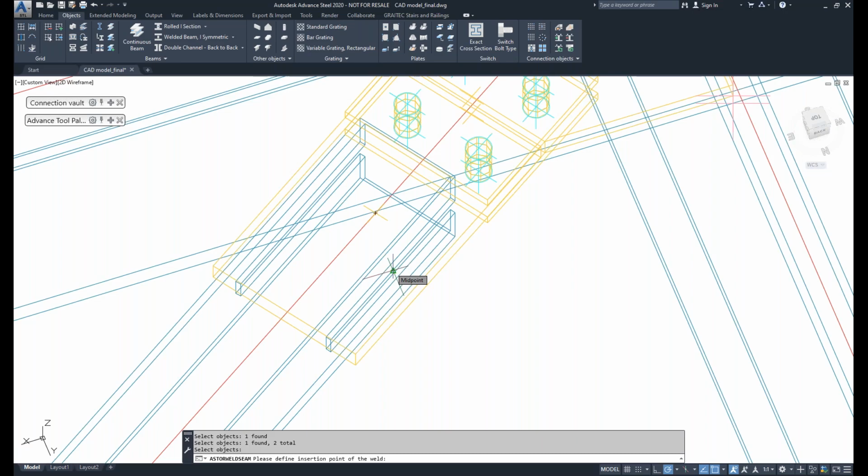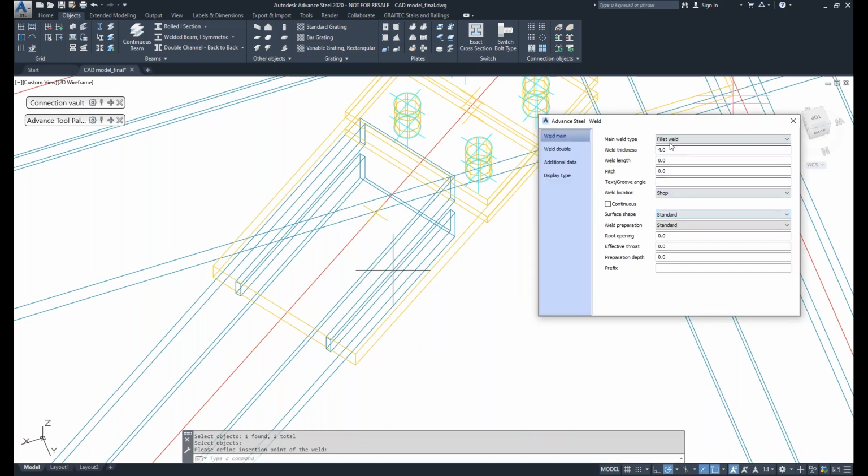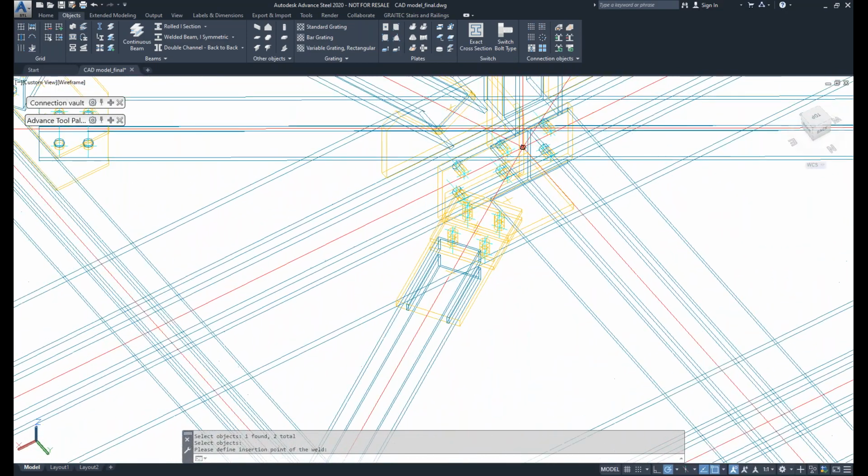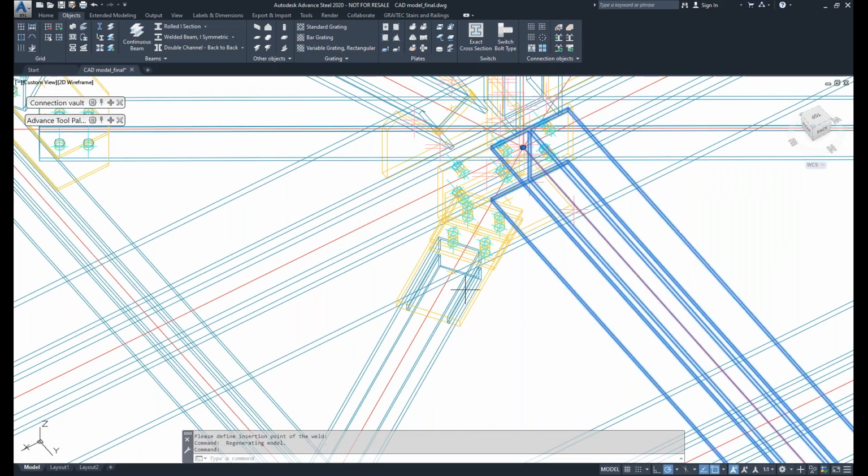And I will, because for me it's the easier, I will place it to the midpoint of the connected edge right here. It will be fillet weld, okay, and the thickness will be 4 millimeters in an exact way like my structural engineer demands. Great. And he also demands the change of the cross section of the cross beam, which is here,